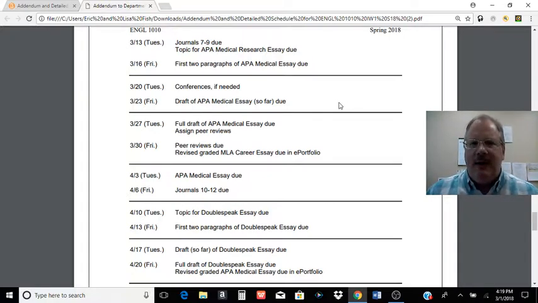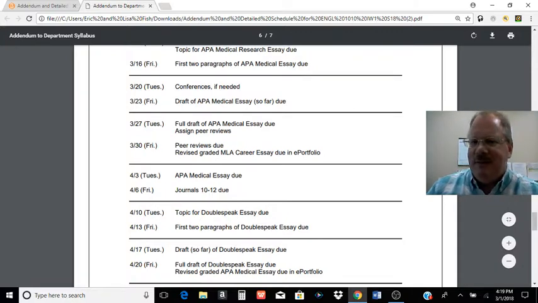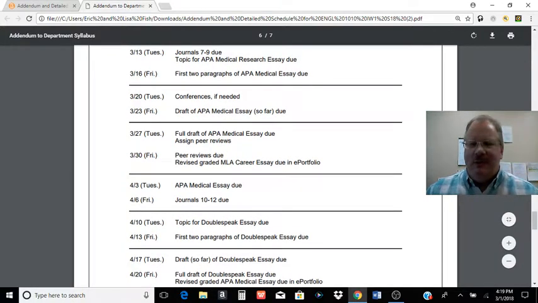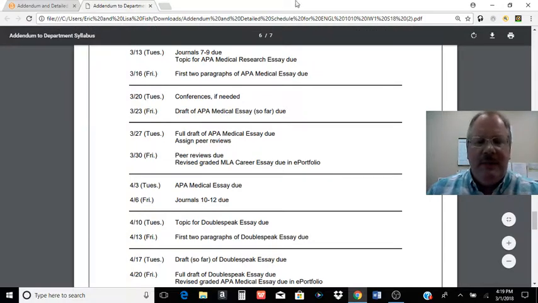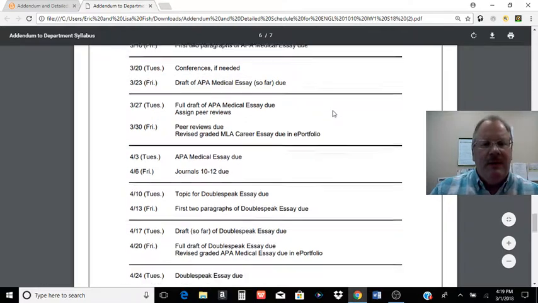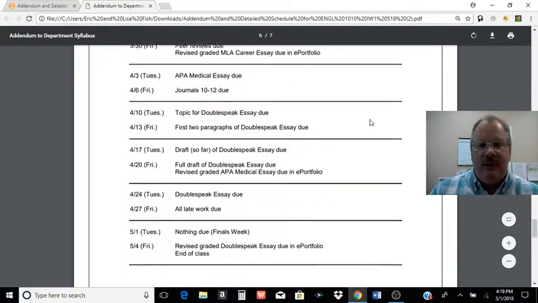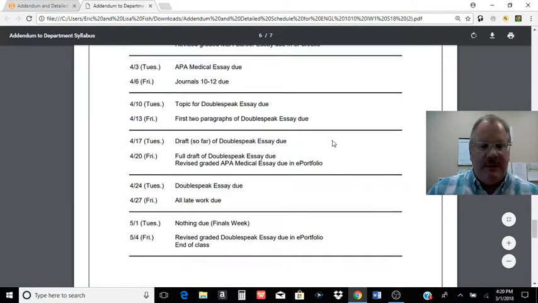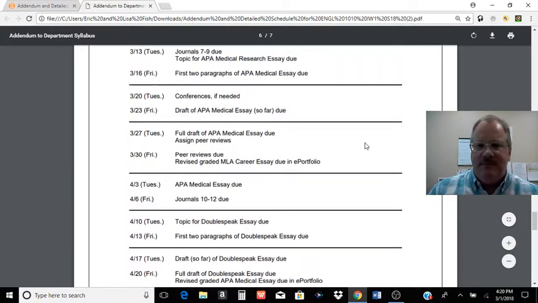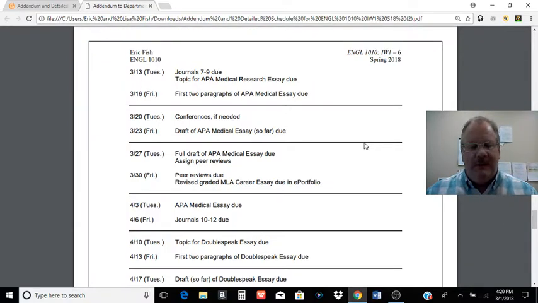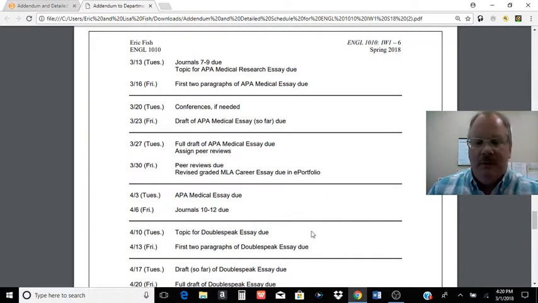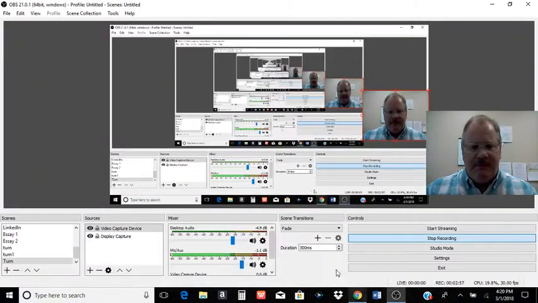And you're going to detail that process and compare what that person or you went through with the research that you pull in. It sounds easy. It's a doable essay, but it's a little harder than it first sounds because you've got all these different modes of writing you're starting to incorporate and combine, and it makes it a little interesting to work with. Then our last essay will be the doublespeak essay, and that'll take us to the end of the semester. These essays are a little longer, a little more involved, a little more research up front, so you know what you're going to talk about. But they're certainly doable.